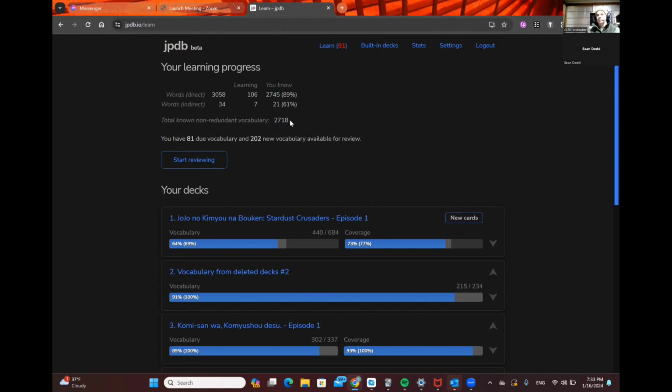And what happens is, as you study these cards, the database gets bigger and bigger. As you'll see here, my known vocabulary for this episode is 64%. As you do more and more episodes, it accounts for it, and you gradually see this number increasing until hypothetically you will get to a point where you just click on an episode in a particular realm, say all you watch is high school anime.